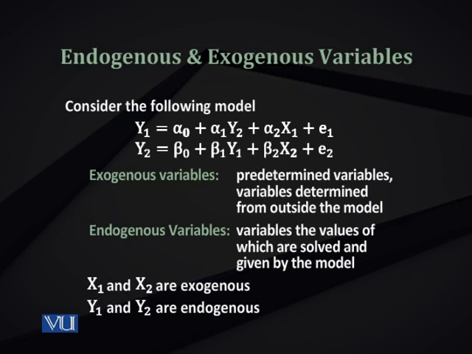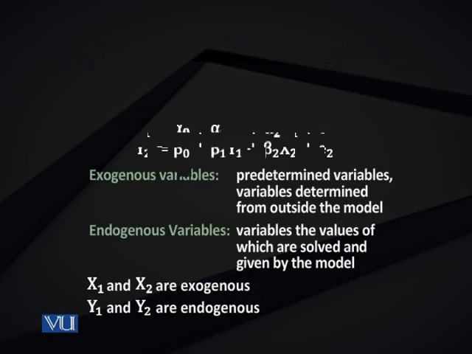It is simple. Endogenous variables are the variables whose values are determined by solving the model itself. Their values are given by a process from within the model. On the other hand, exogenous variables are variables whose values are predetermined, given, specified, assumed, or generated by some other process. They are given from outside the model. They are externally determined. So we have used many words for exogenous variables: externally determined, predetermined, already given, specified, assumed.